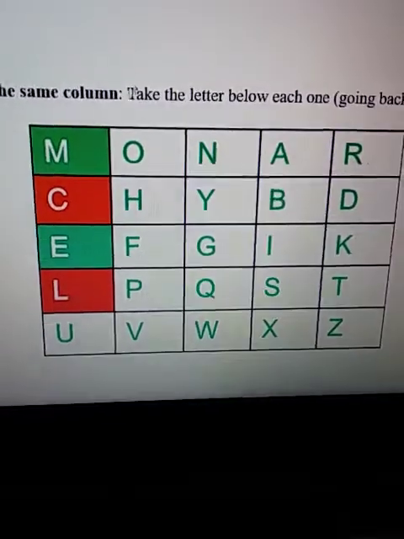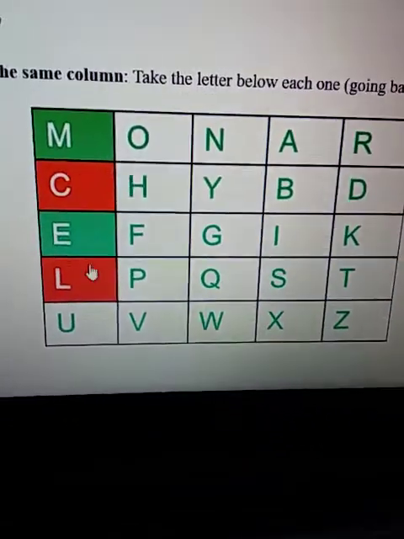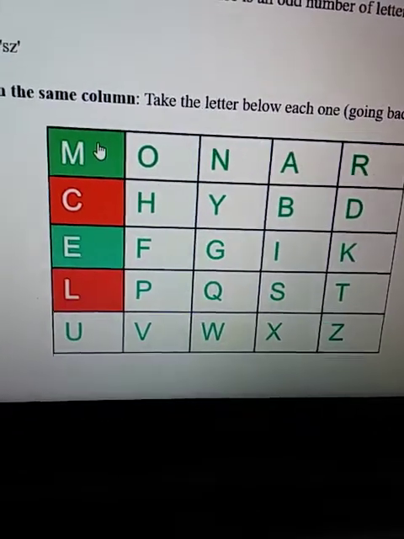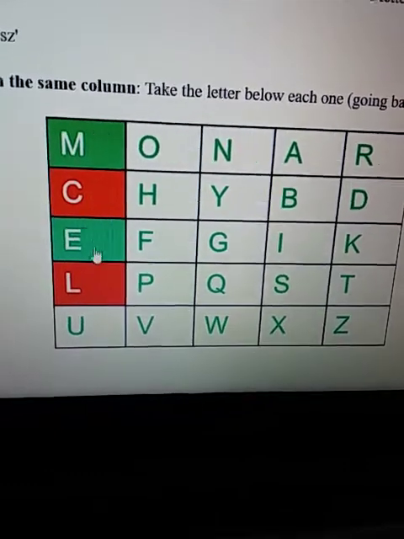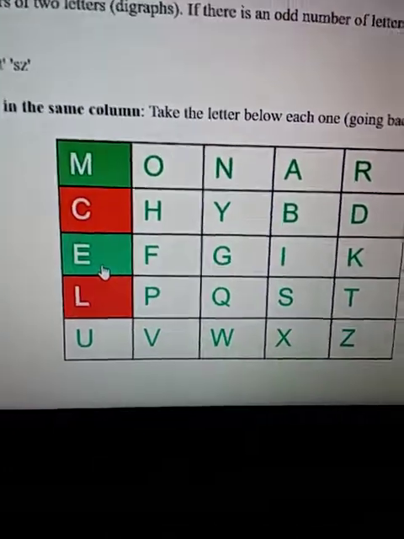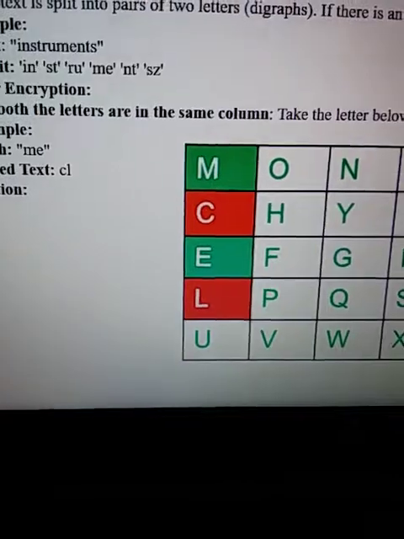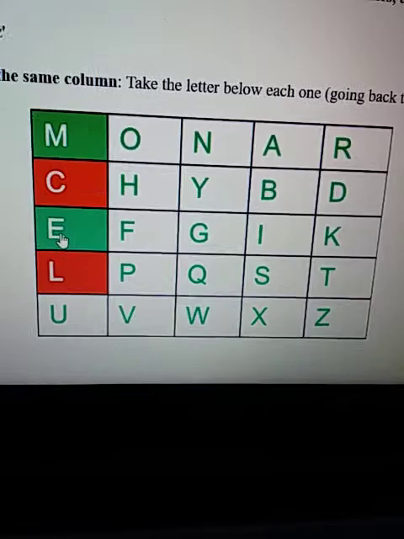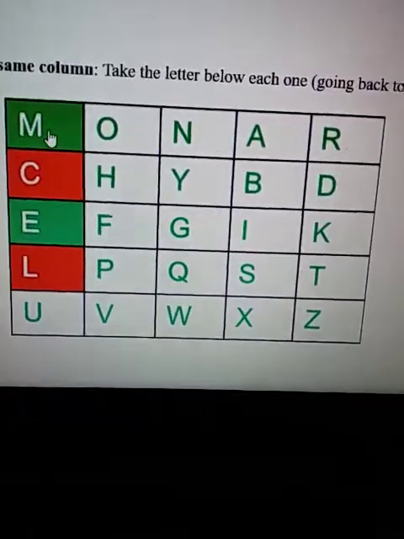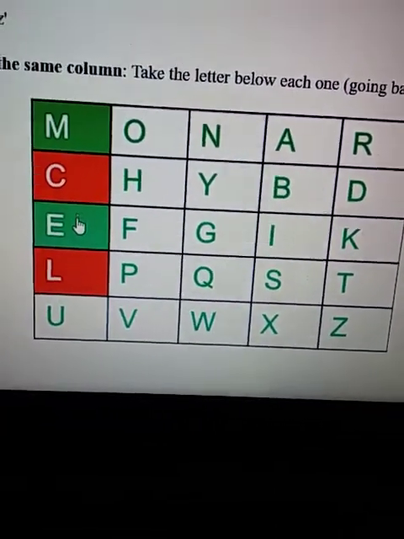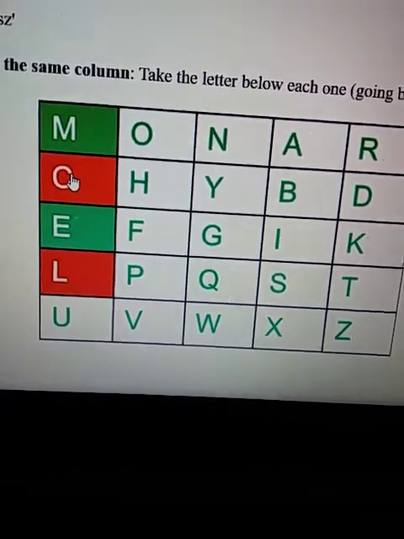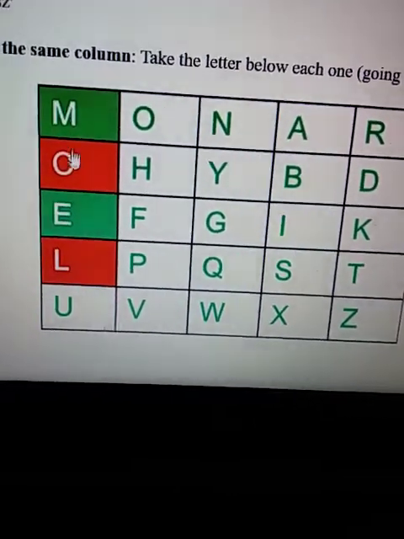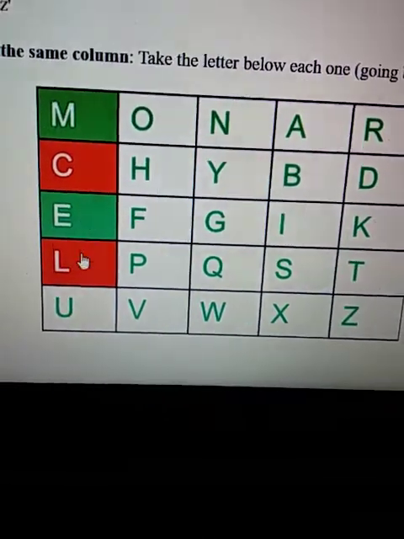First rule is, if a pair of letters exist in the same column, this is the column and this is the row. Suppose the first pair of letters exists in one column, how to exchange that we will see. For example, here "me" is a plain text, and we search for "me". This exists in a single column. So we have to replace this m by c, the successive letters in the down position are to be replaced. Instead of m we substitute c, instead of e we substitute l.